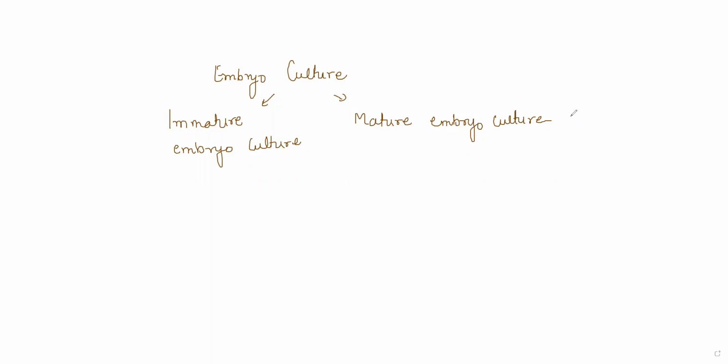So embryo culture is widely used for growing plants in which the failure of endosperm to develop causes embryo abortions. There it is used. So this is the embryo rescue procedure. The artificial nutrient medium serves as a substitute for the endosperm, thereby allowing the embryo to continue to develop. So there is a technique called the embryo rescue technique,